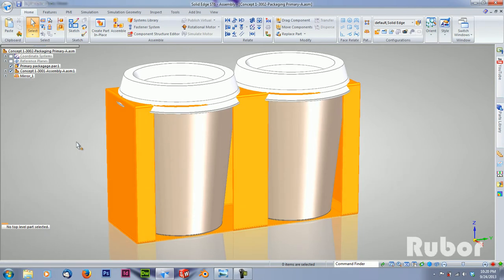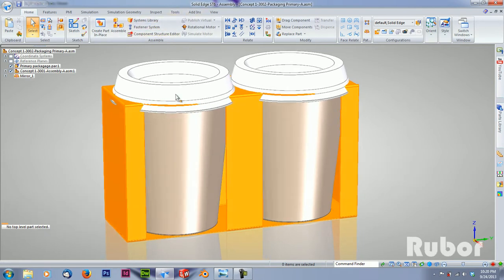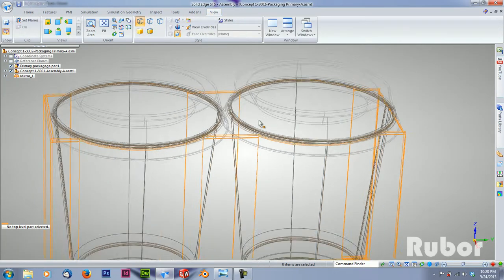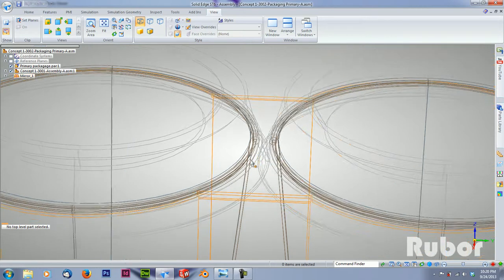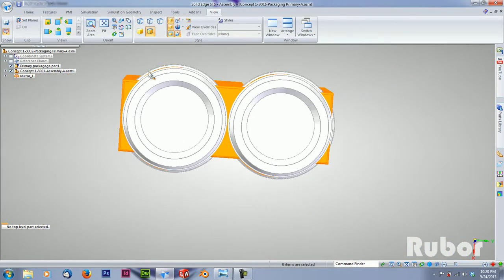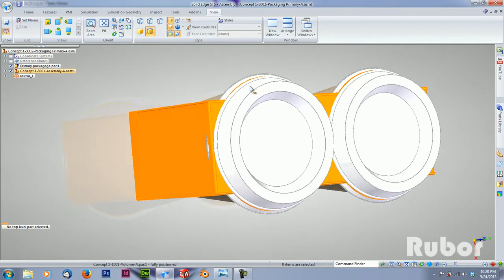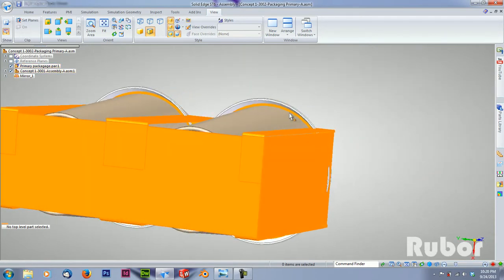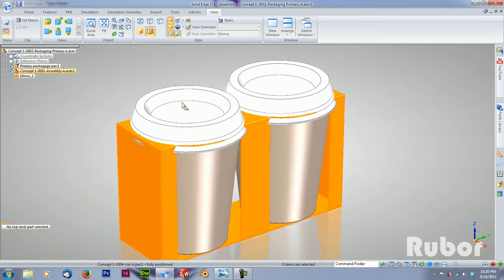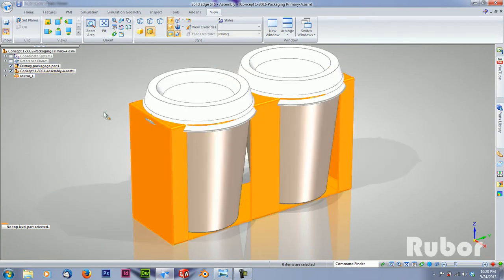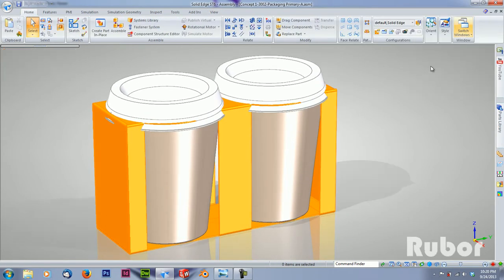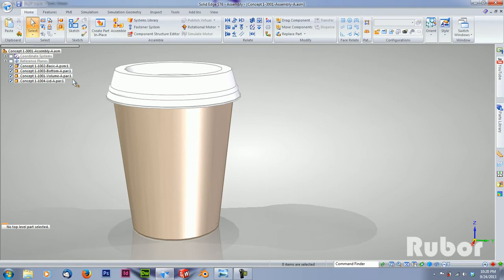So the first problem we can see in this assembly currently is when we go to wireframe mode, there is an intersection between those pints, and when I go back to shader mode, my current packaging is too large for this. The width of the packaging is bigger than the width of the primary packaging. So what I did in 3D CAD, and this is what I want to show you in this video,